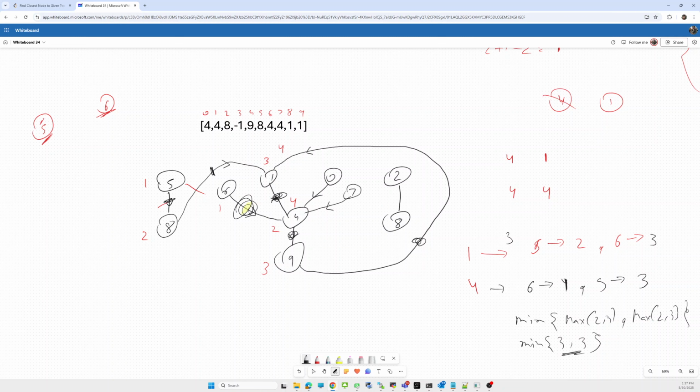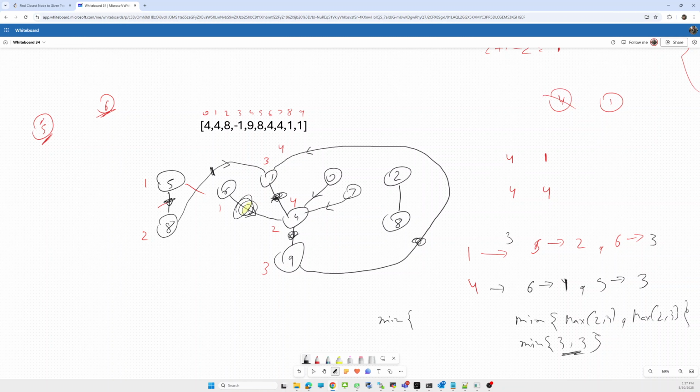Here both are the same. So in that case we have to return the minimum of nodes 1 and 4. Which one is the minimum? Node 1 is minimum. So we return node 1, that is, node 1 is the meeting point. So how can we deduce that? For that, a simple approach we can take.